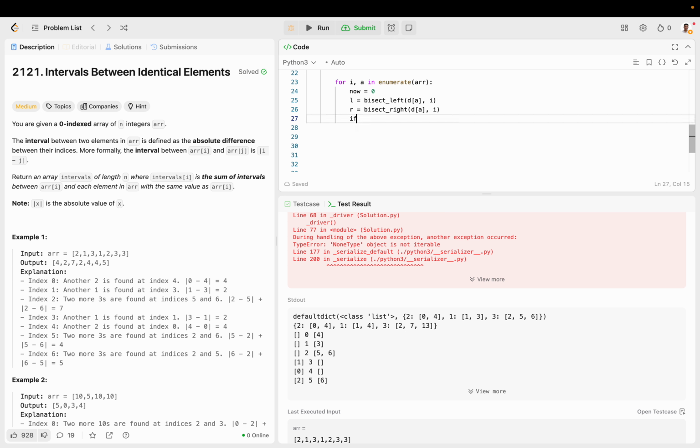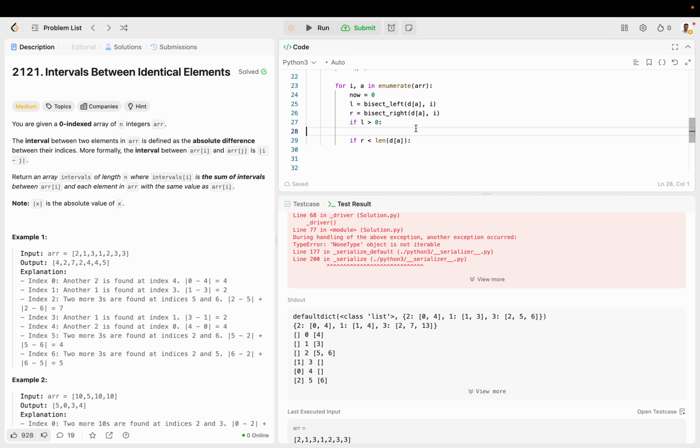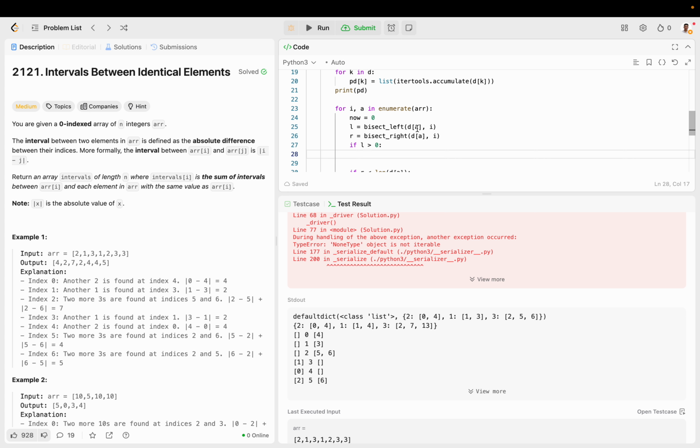Instead, what we're going to say is if the index that we get from the binary search is bigger than 0, then we know we have elements on the left side, right? Likewise, if the index of the binary search is less than the length of the current list, then we know we have elements on the right side, right? This is not empty, unlike this. So now what we can do is,